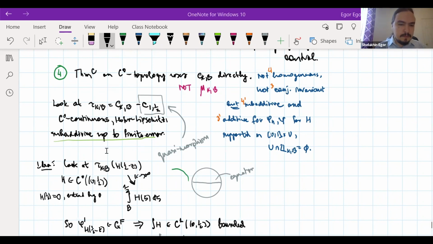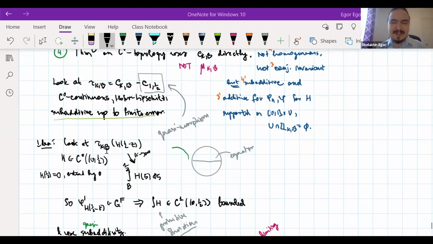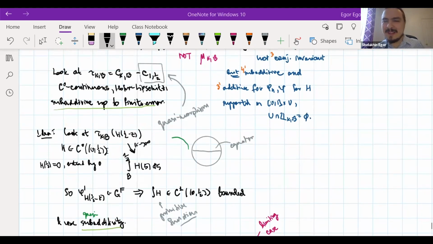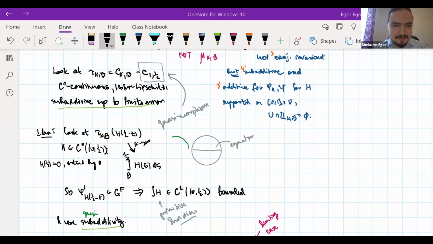Okay. And since you asked, let me prove something. You take this tau KB, and let's say that you evaluate this tau KB on a Hamiltonian that is supported in the upper part. Let's say that it is continuous and it can kind of explode. But because of C0 continuity, you can still evaluate this tau KB on that thing. And when K goes to infinity,